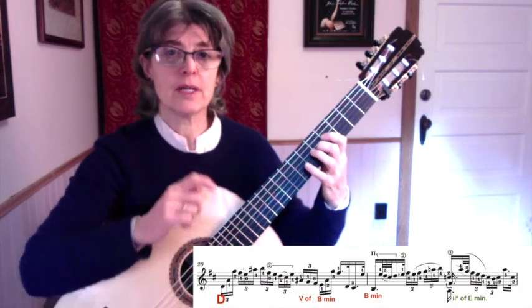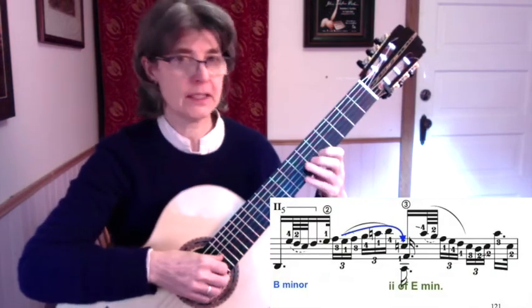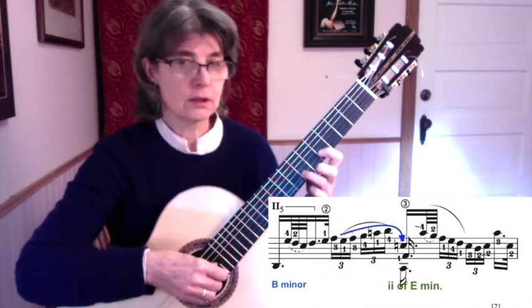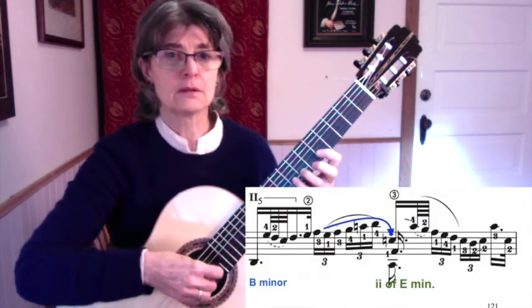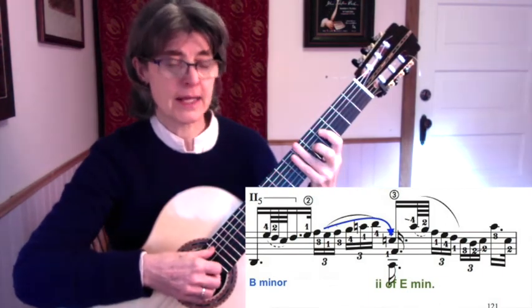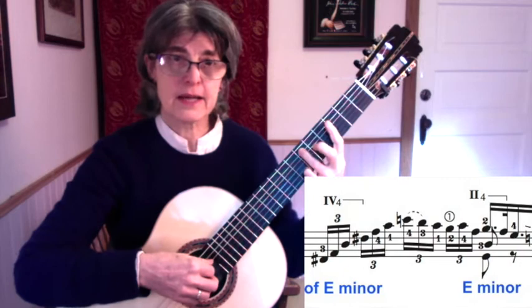Here we have another one of these instances in this Allemanda where Bach makes the line drop down an octave, and here I think it's particularly beautiful. That's really where the line is going, but Bach has that instead. And then, so there's our 2 to 7 of E minor,